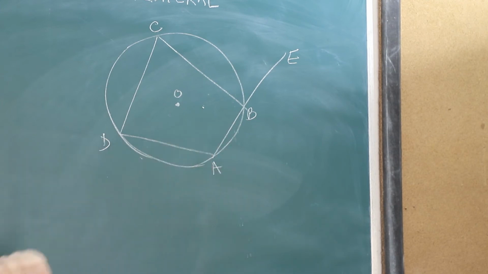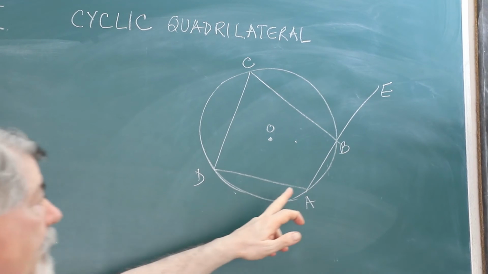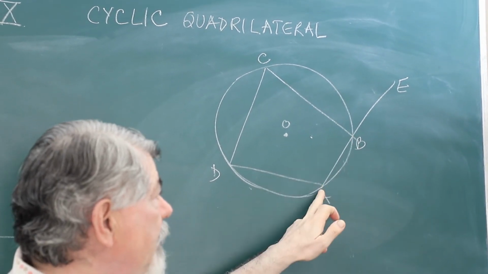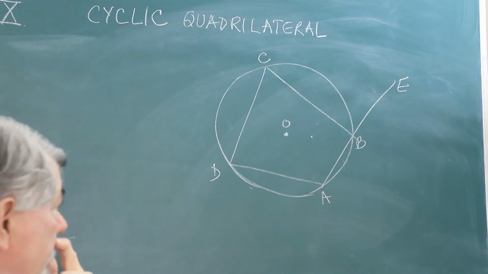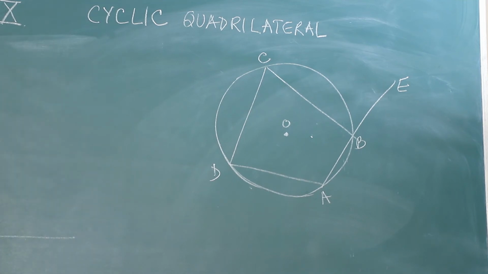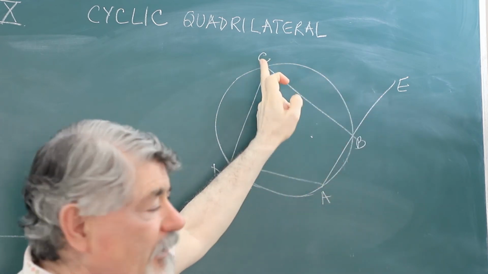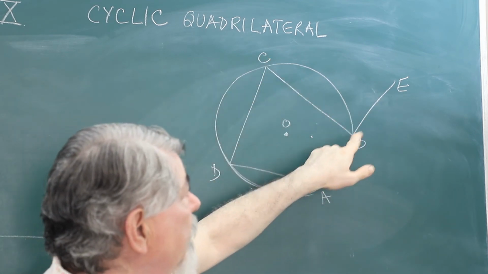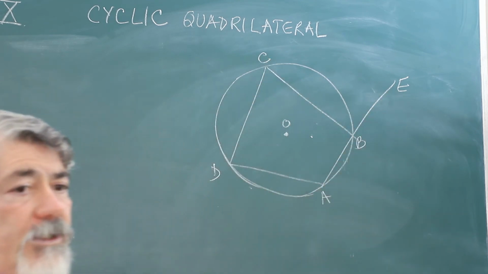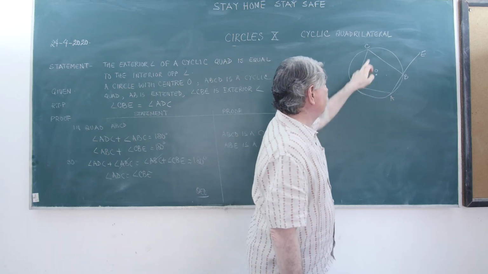Any one of the sides of the quadrilateral is extended. Like here, I have extended the side AB to a point E. Then according to this theorem, what is the exterior angle? CBE. The exterior angle of this cyclic quadrilateral is CBE. It will be equal to the interior opposite angle. The opposite angle is this angle,